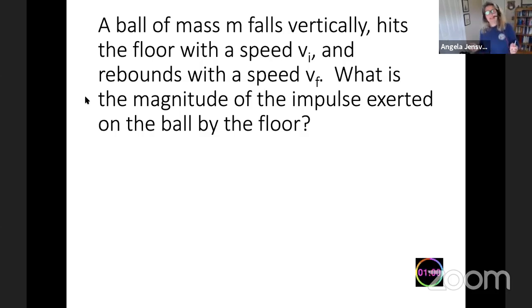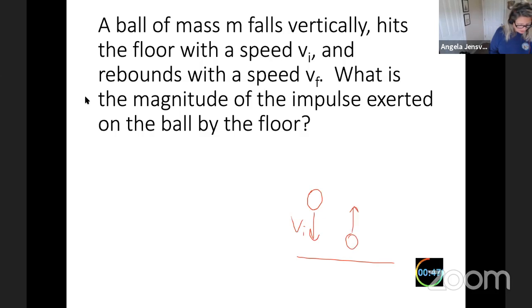So this one is basically kind of a redo of the red sphere that we did in the beginning, but it's worth doing because it's so important. It hits the ball with the speed of V initial, and it leaves the floor with the speed of V final. Look at this word, speed. What does that mean? It means that they're going to make you realize that you have to not just consider speed, but velocity. You're going to have to put a direction on this